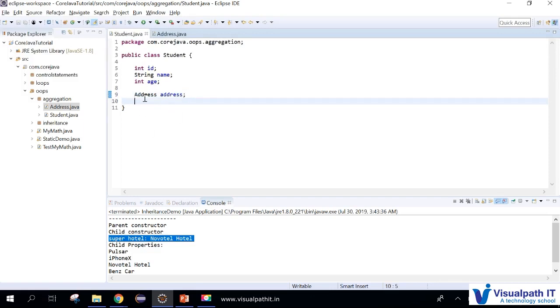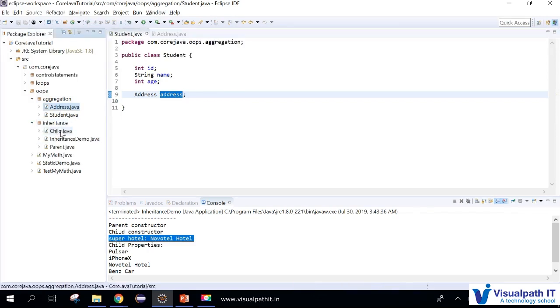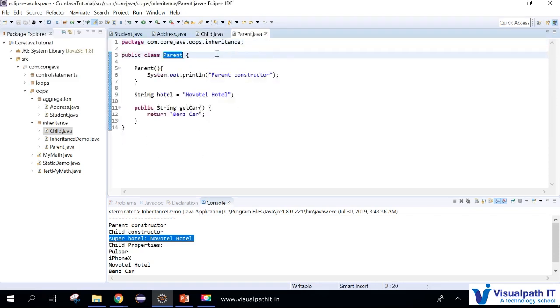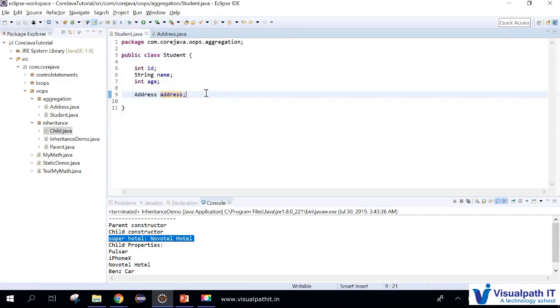If you have the other class as an attribute, like how other attributes are there, it is optional to pass. If required, it is passed. If it is not required, we don't need to pass it. But in the case of inheritance, we need to have both the properties. In inheritance, if a child is there, whether he is using the parent properties or not, they come to him and are available for him. But here in the student case, unless you assign it,